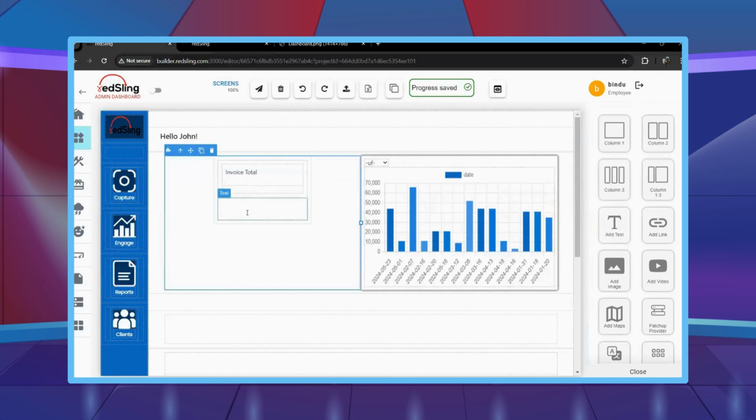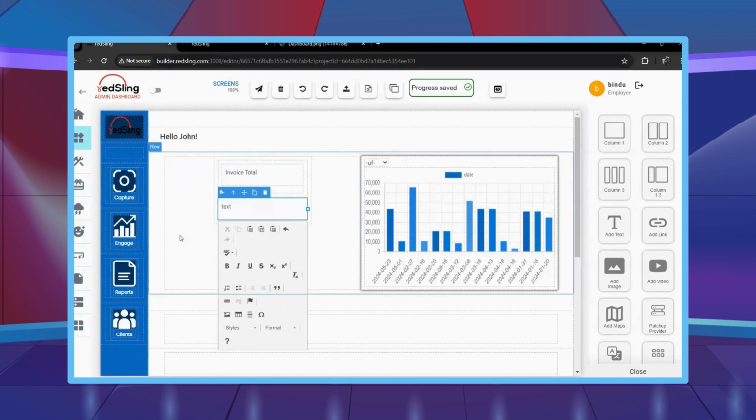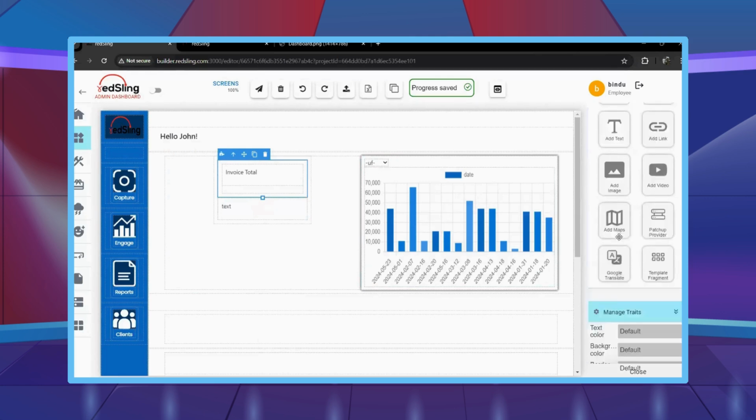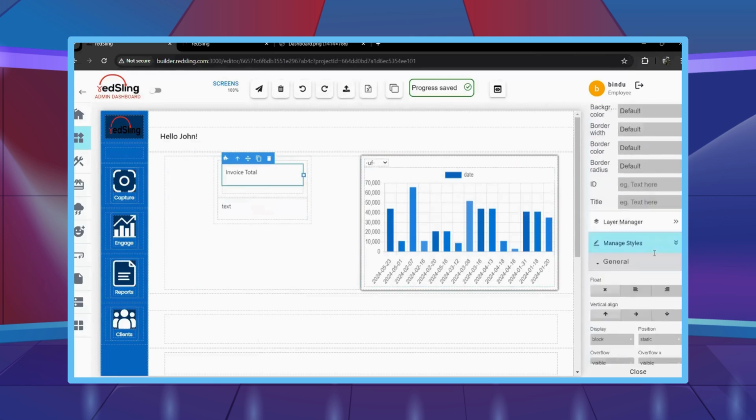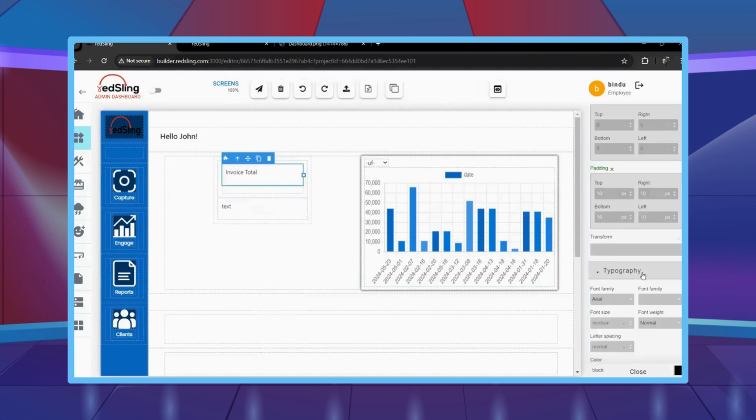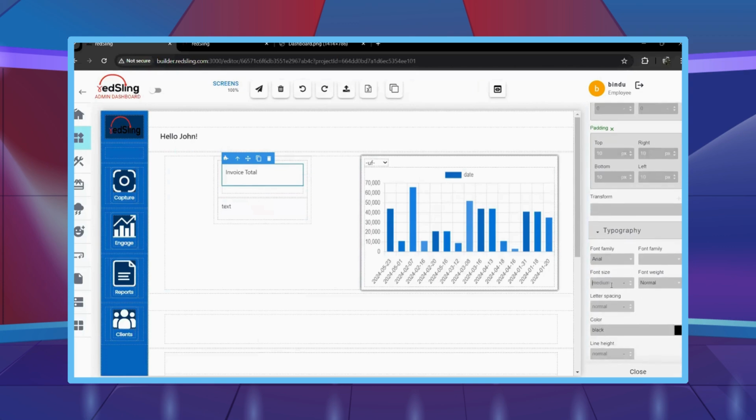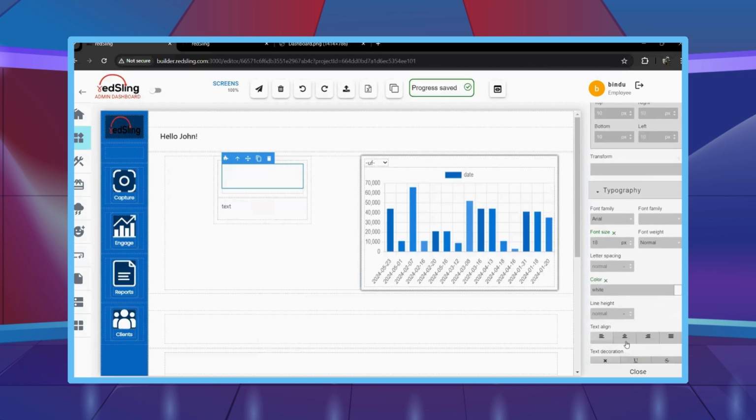We can also give the text. We can change the styling for the text, give it some font size. Right now I'm giving it 18, changing the color to white and making it center aligned. Also changing the font weight to semi bold. Then to the header,